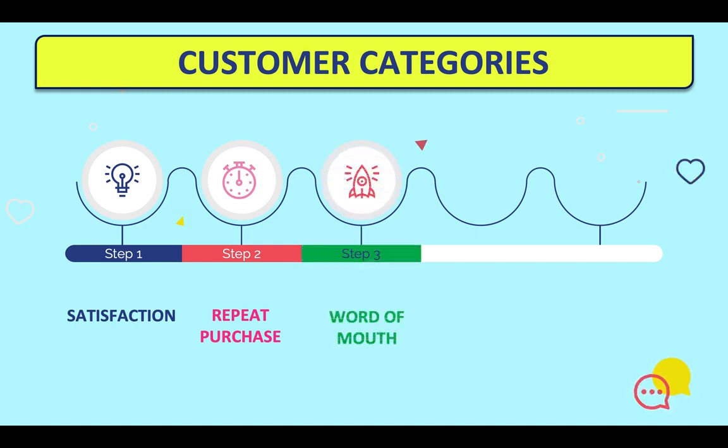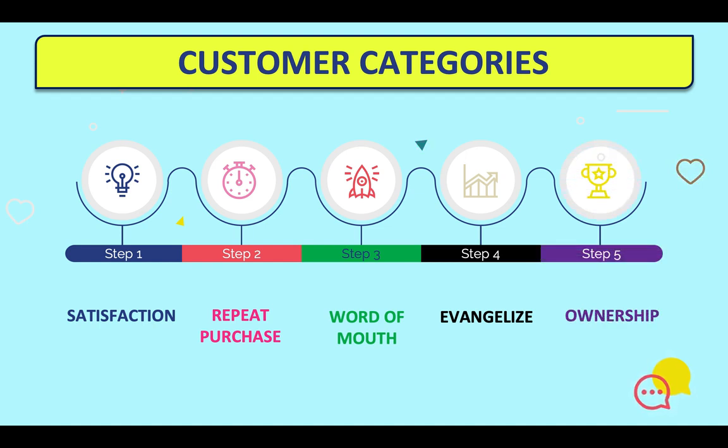Then at the next stage, the customer is satisfied with the product to a great extent and is actively recommending other people they know to try it out as well. This type of promotion is known as the word of mouth or buzz stage. Then comes evangelism. Now, the customer at this stage is totally convinced by your product, feels confident, and is ready to actively promote your product. And the final stage, ownership. The customer feels a certain extent of ownership and feels like a contributor to the success of your organization.